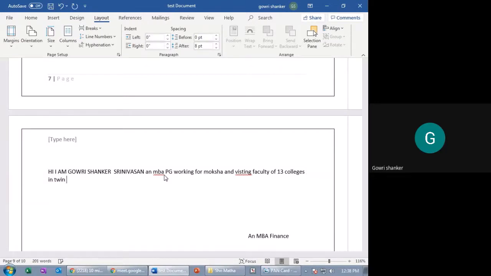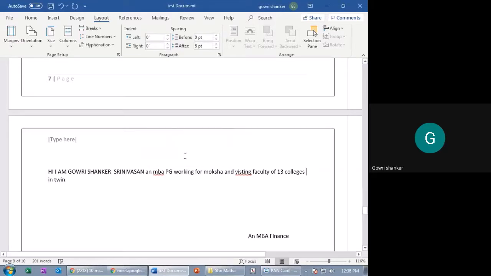See, automatically after a particular word ends on a particular line, it will shift to the next, right? Here, if I say none, nothing. If I say automatic, then it is taken here. I can put this manually also.